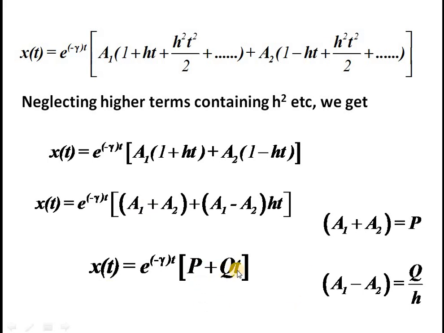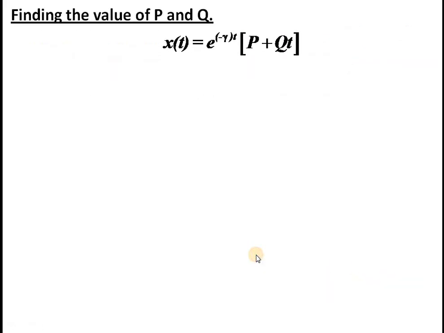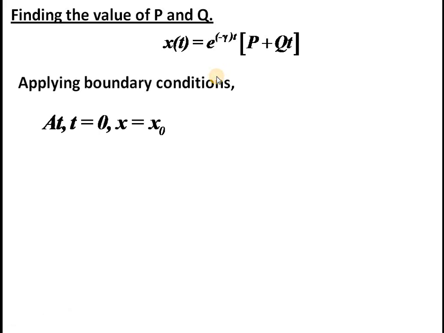But we know that p and q are some constants we have assumed. Their values have to be evaluated. So let us do the evaluation. We want to calculate the values of p and q. So we have now x of t, and you can apply what are called initial conditions. Then you will get the values of p and q. Initial condition means when time t is equal to 0, we can apply. Similarly, you can find velocity, and we can again apply when time t is equal to 0. So first let us apply when time is equal to 0.